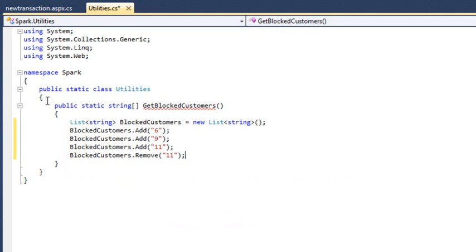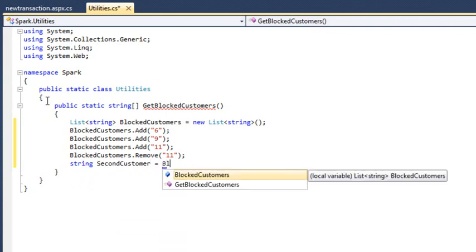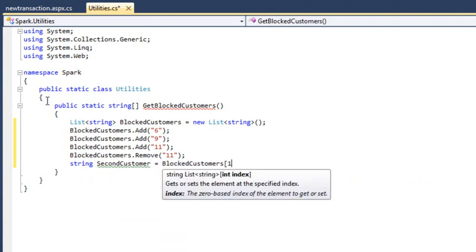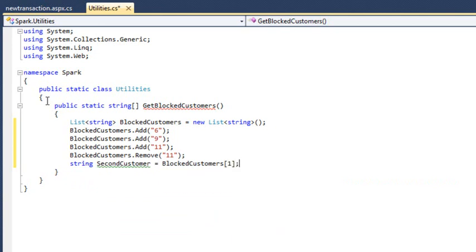Lists have zero-based index numbers, just like arrays. You can retrieve the second item from the list and put its value into a string variable with the code string secondCustomer = blockedCustomers[1];